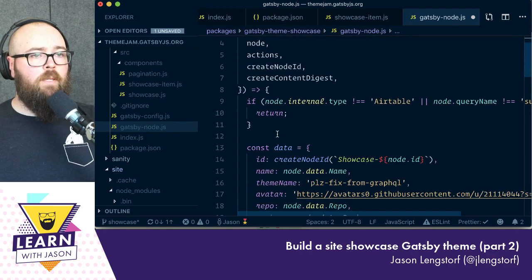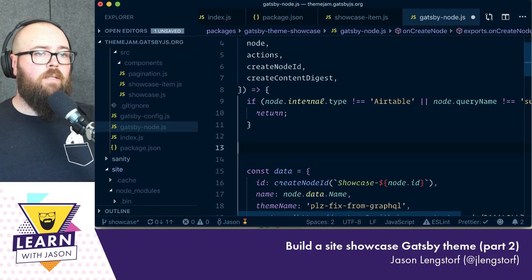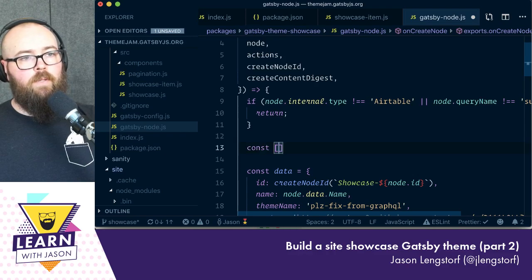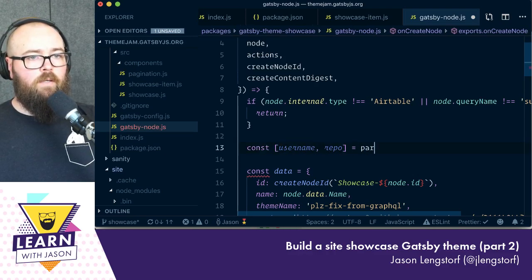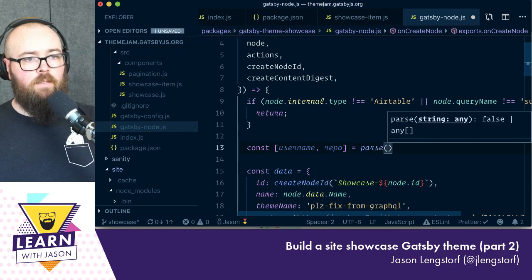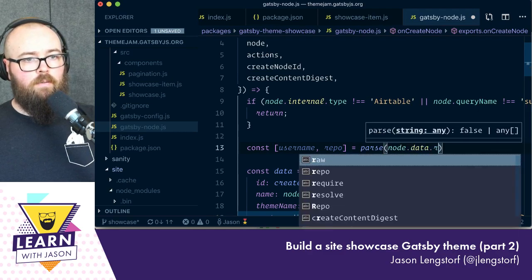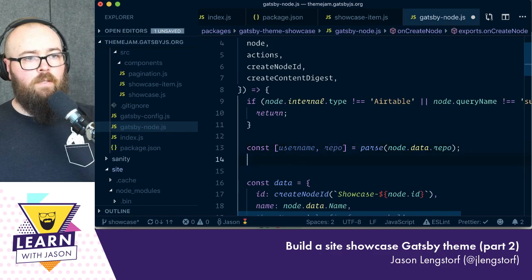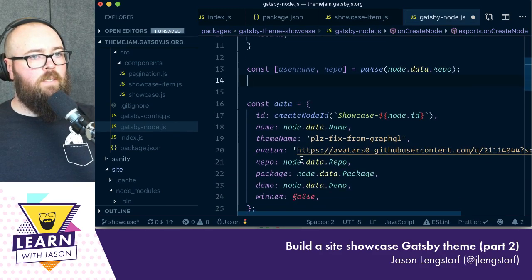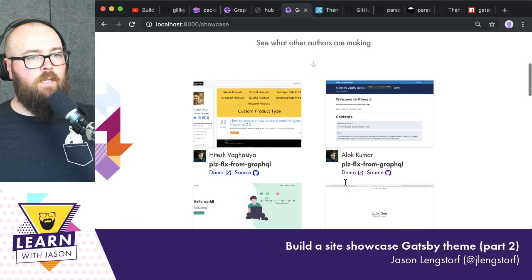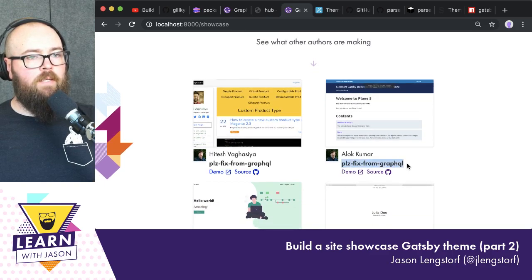And what I should be able to do is get, it was username and repo from parse node data repo. And let's just see what happens here. So I'm already seeing an issue. Like if I namespace this,